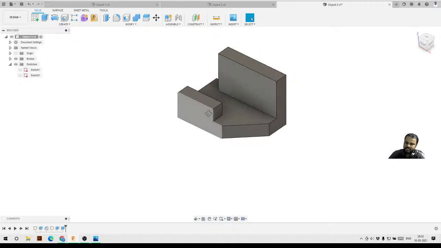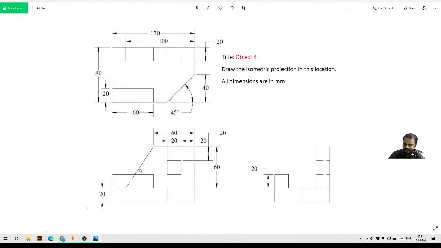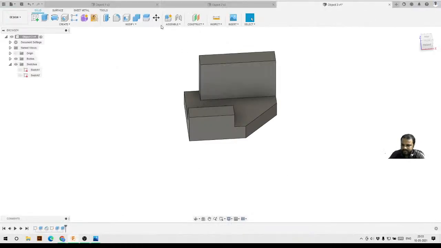I will turn off the sketch, and then this corner is at a particular angle, it's chamfered, right? Here you can see it is chamfered. So what is the chamfer distance, we don't know, but we know that this is 60, right? So the remaining length must be 40 because the total is 100, right? So we'll activate our chamfer tool